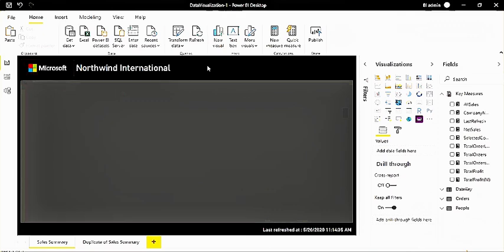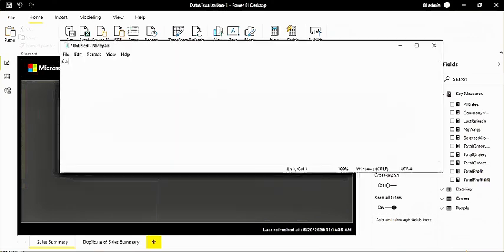Okay, so to visualize your filters on a report, you have three options, or you can say you have three types of filters. The one is canvas filter. This canvas filter we call slicer, which you can add on the report page. Another is the filter pane, and the third is drill through.